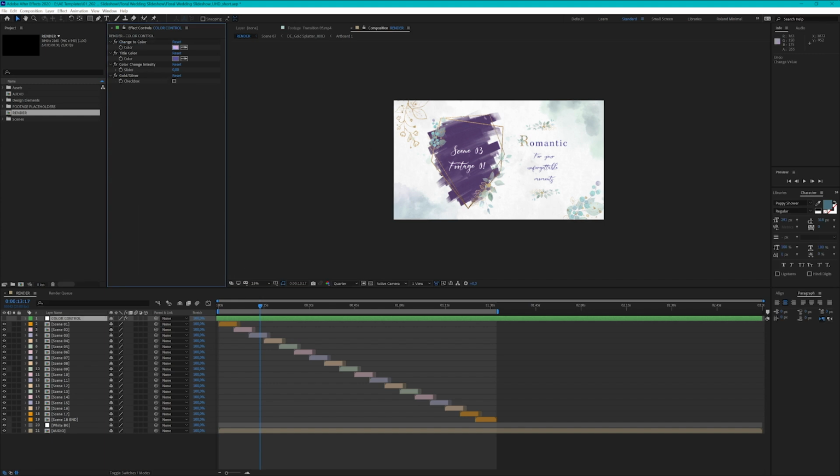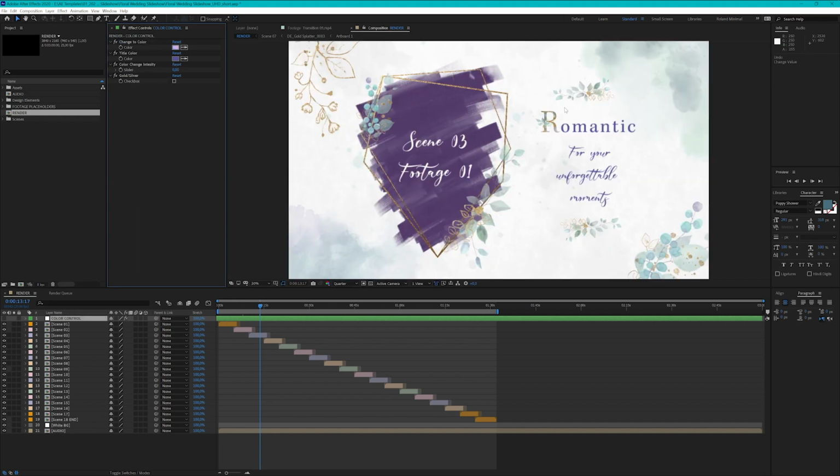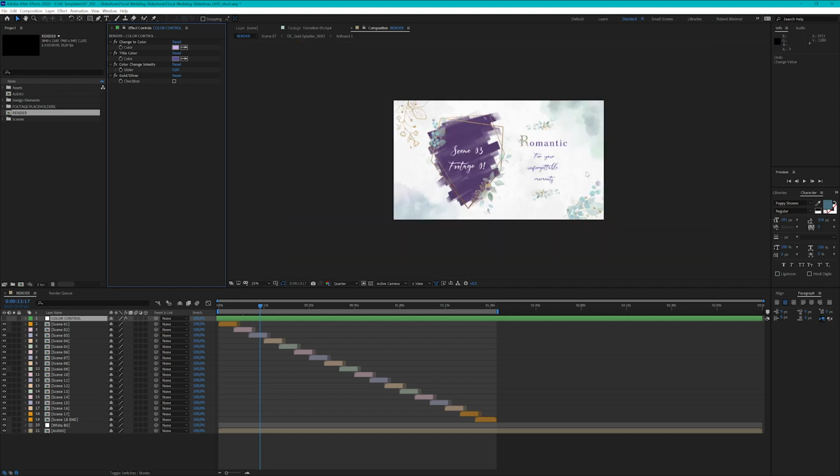And this is because now you turned off the change to color. And these are actually the original colors. I painted all these elements really with watercolors on paper. Then I scanned them in, worked on this in Photoshop, imported it to After Effects, and animated it. And if you turn off the color change, then you get the original colors that I originally used to paint these on paper. So if you like this coloring, then you just turn off this color intensity and you get